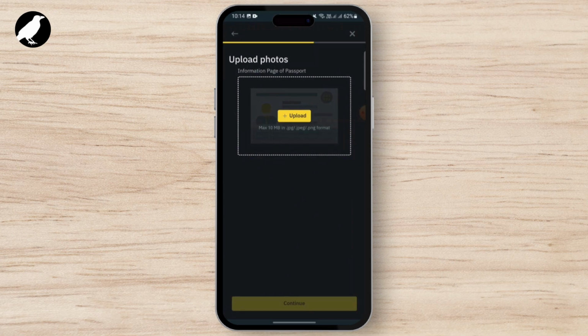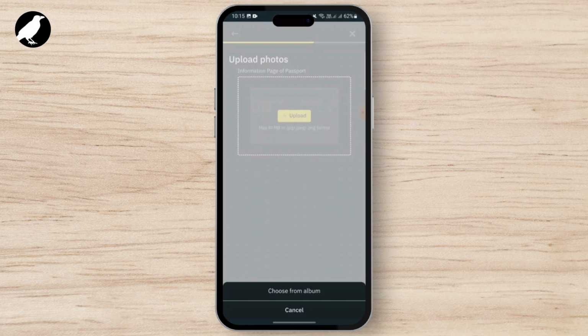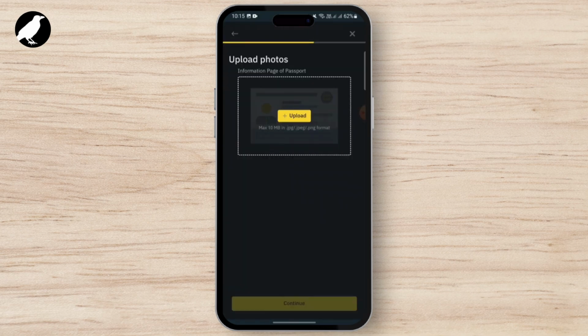Here I have chosen passport, so I need to upload a picture of a passport. Just tap on passport, and the picture should be of maximum 10 MB in .jpg, .jpeg, and .png format. You will just choose from album, and then tap on continue. After that,